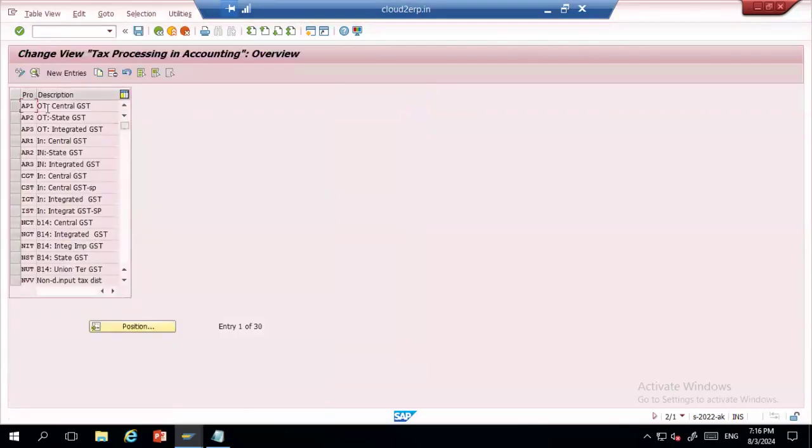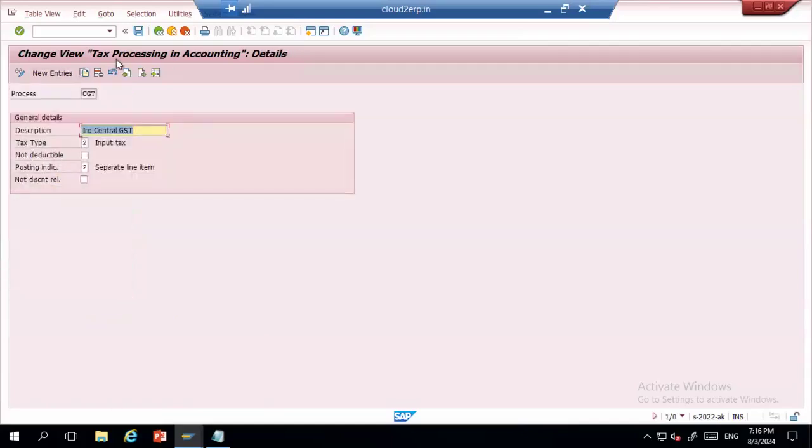So OBCN is the transaction keys. If you want this amount to be debited from a different GL account, then you can assign this, or you can create these transaction keys. Or let me use the same transaction keys. This is just a new entry, nothing apart from that. For all input tax, you will have different transaction keys.